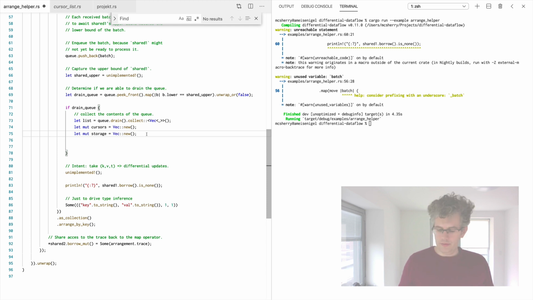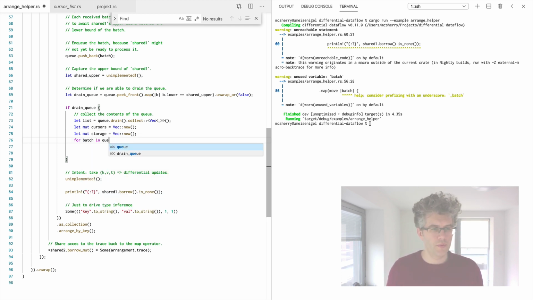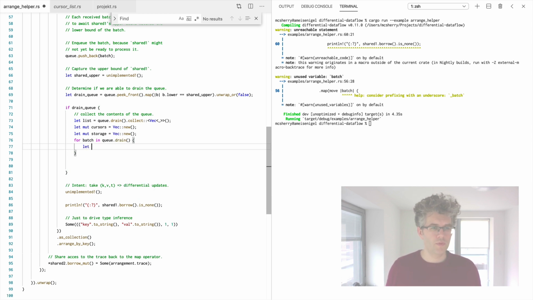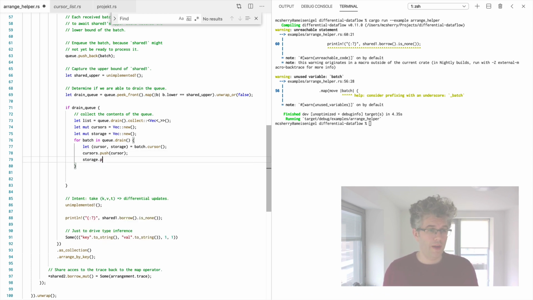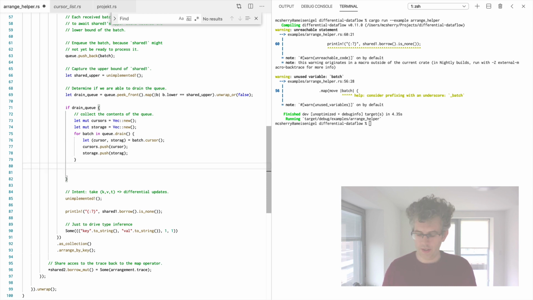this type of thing, and actually I guess we'll be able to rewrite the so for batch in queue.train. We'll get back this exciting structure here. And all that we're doing here is just getting both a cursor and the storage, which again is just a reference to underlying data. I have to give it a different name, don't I? Yeah, great. I'm sure there's an idiomatic way to do that. I just don't remember what it is. Great, and we are now going to try to create a cursor list. So like let mut